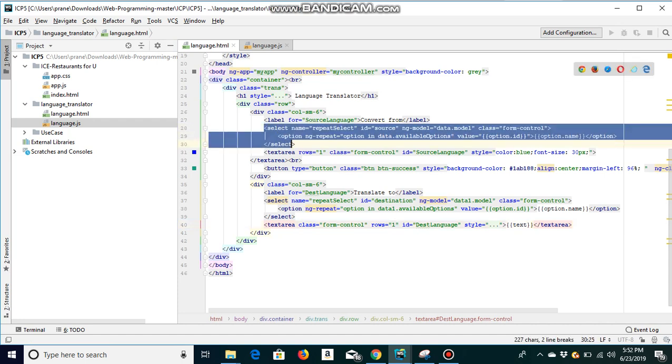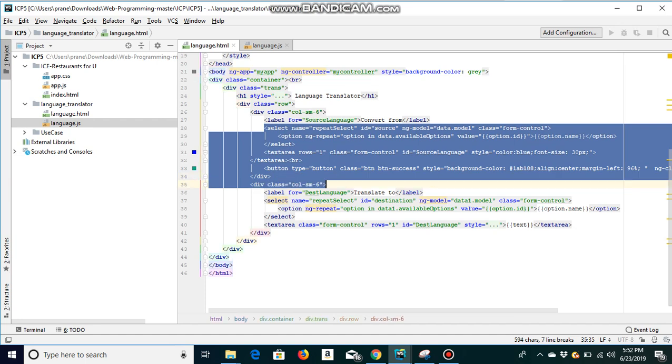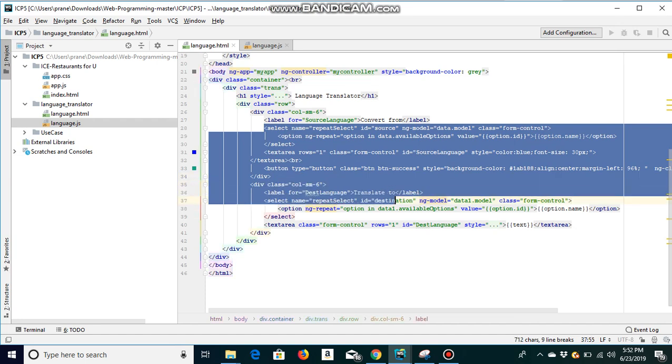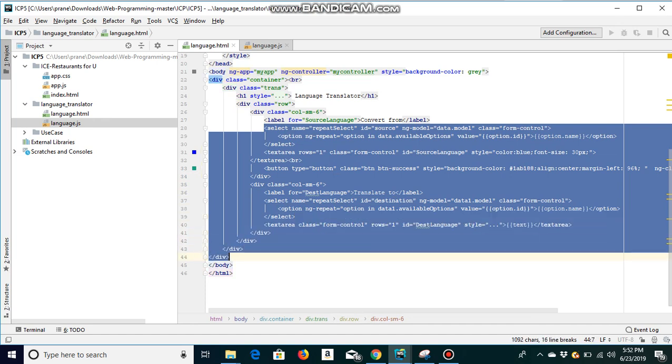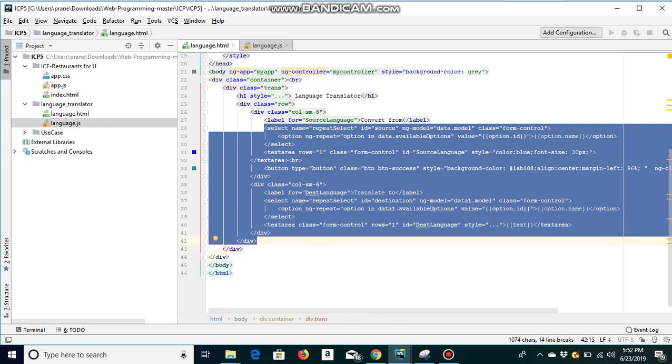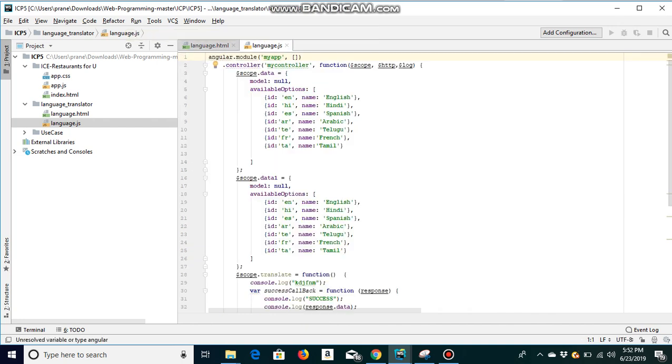And this all is styling, like background color, align, and translate to how many rows we have to display in that, and how the display should be, I mean how the button should display, and how the color of the text it should display. And this is the JavaScript page, and as usual I have created a module and given a my controller function